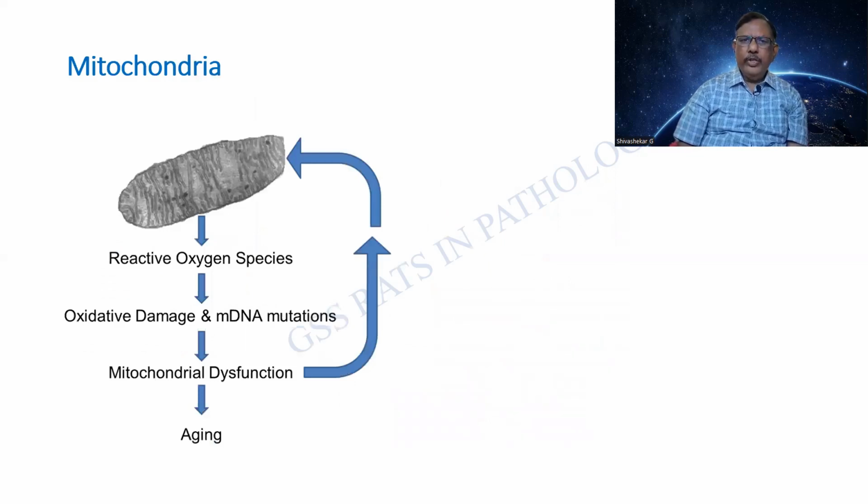Mitochondria, the powerhouses of the cell. You find that they will be having a lot of these infoldings called cristae. Leave alone that. They produce the reactive oxygen species. There can be oxygen damage. There can be mutations to the DNA. Also, this leads to a mitochondrial dysfunction itself. Again, it goes on. So, there is a progressive damage to the cell as well as to the mitochondria, resulting in aging. So, mitochondria, you people should mention.